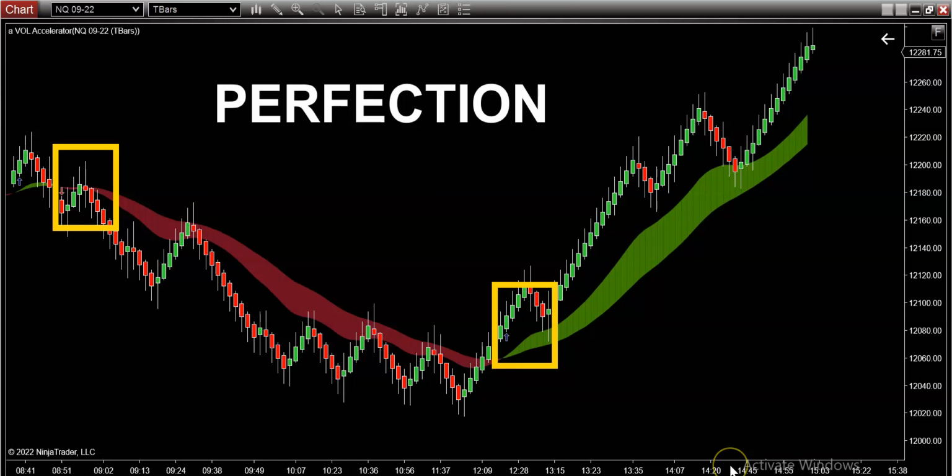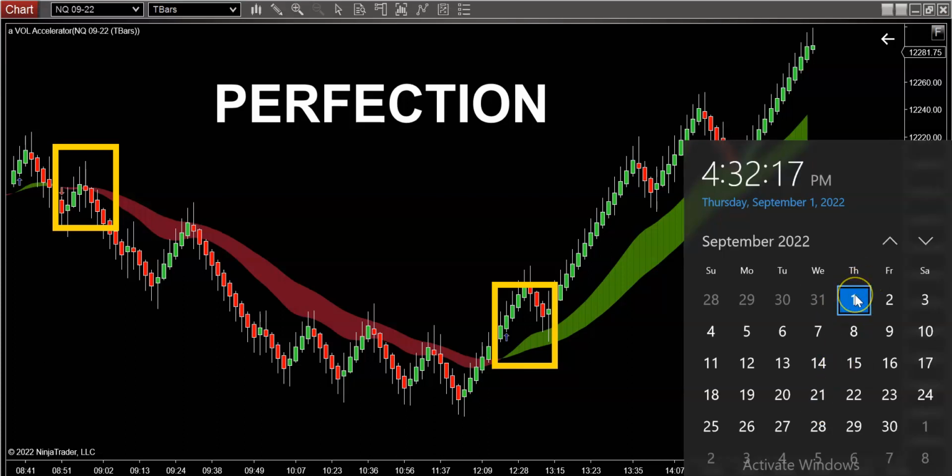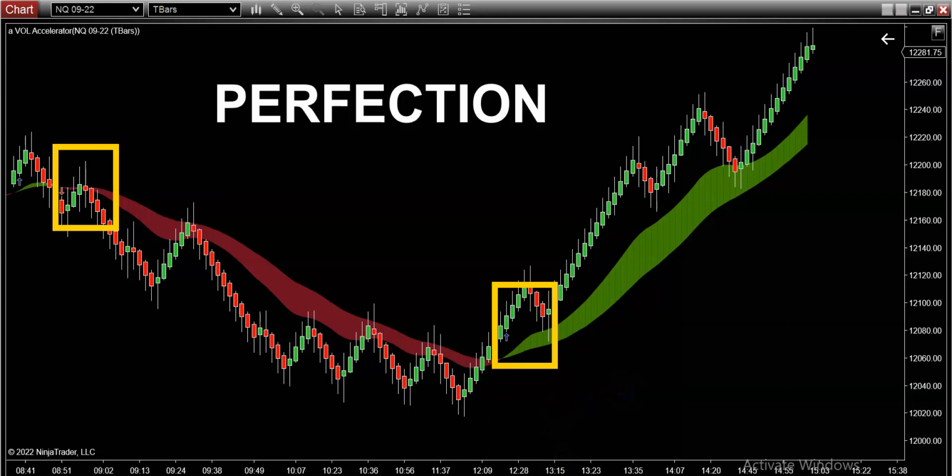And bam, did we break out today out of our summer slog, right? You guys know, the last couple of weeks, it's been a grind. It's been an absolute slog, okay? But as you can see here, the first day of September, the markets just totally broke out and gave us some perfect setups, okay? And in a few moments here, I'm going to show you exactly how to play these